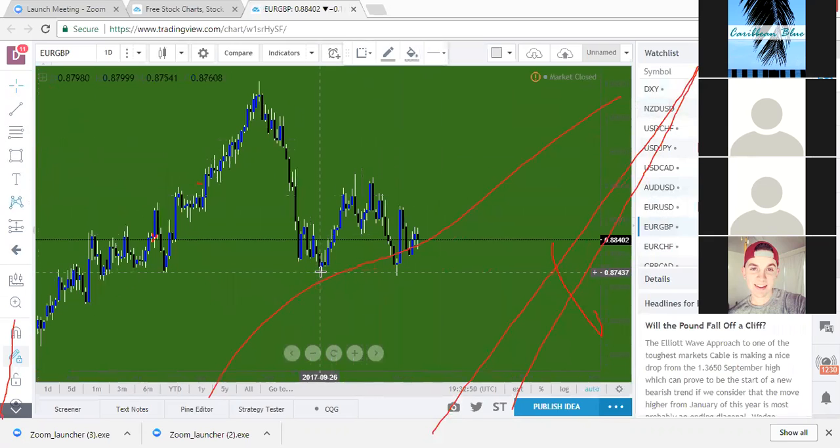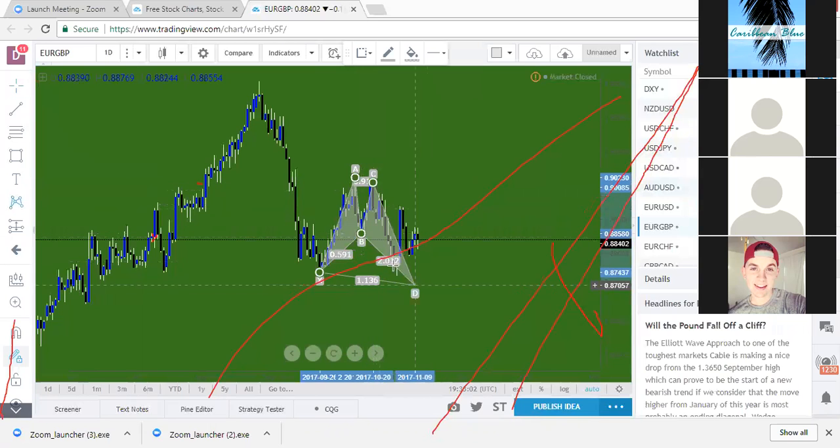We actually traded this Euro-pound bat pattern. Oh, it wasn't a bat pattern. It came down to the... oh, I went past it. It was something else. Even still, we still bought. We probably bought around here. This is a pattern that we saw on the daily, I guess maybe 2 weeks ago. Even though it came down below, we traded it anyway. I guess it was an invalid bat pattern, but